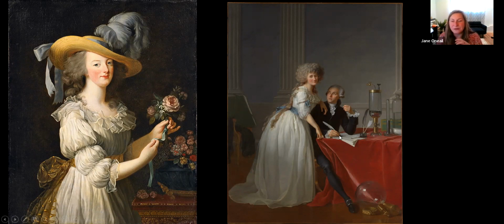In fact, he had been doing experiments on gunpowder, which got him into hot water with the revolutionaries because they knew that he had gotten gunpowder out of the Bastille leading up to the storming of the Bastille. So that actually resulted in him being beheaded. Despite his untimely end, we do see that Jacques-Louis David is approaching his subjects in a slightly different